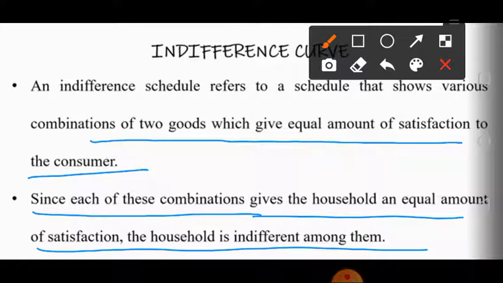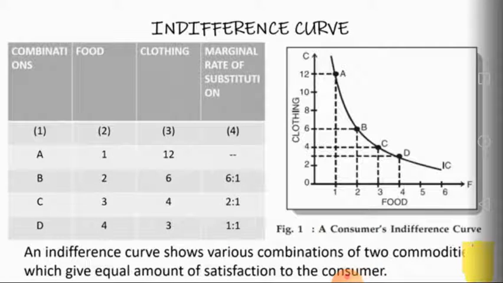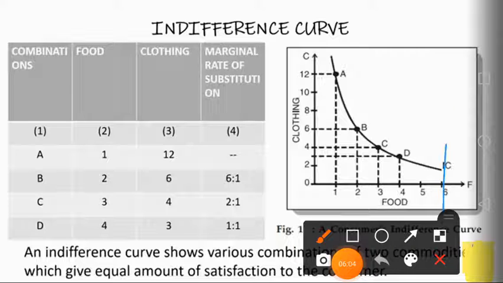Here we are talking about the combination of goods. It means under this ordinal or indifference curve approach, there are always two goods. Fine. And we are making the combination of those two goods. Here there is a picture given for the indifference curve and the combinations are made, and we can understand it in a better way.